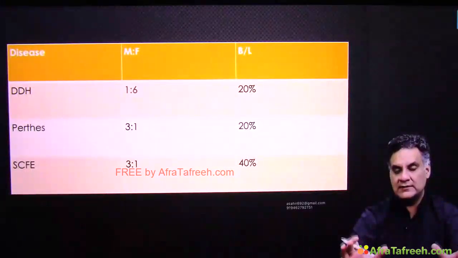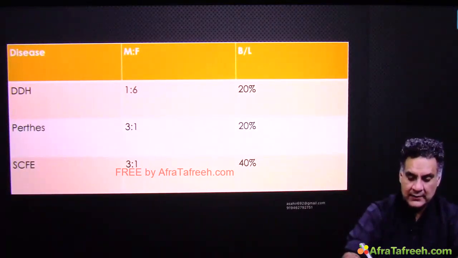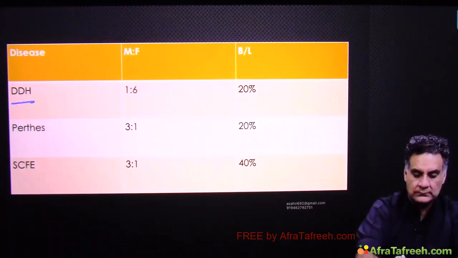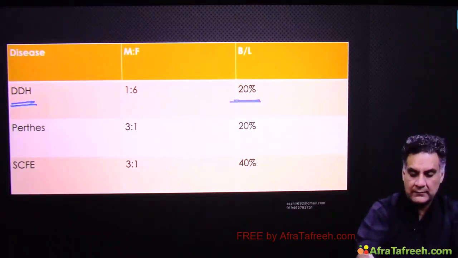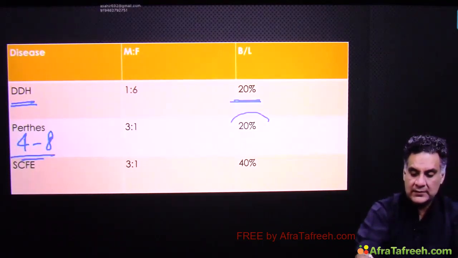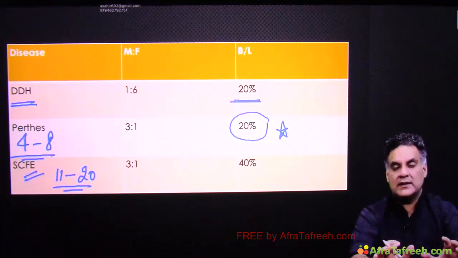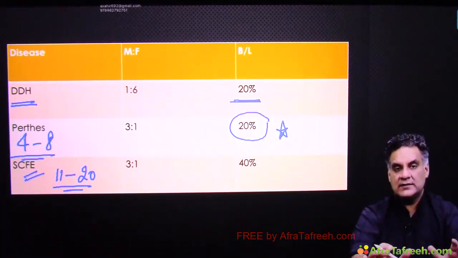If I look at the diseases around the hip joint, you see DDH right at birth. 20% bilateral. Perthes, age group 4 to 8 years. 20% bilateral, very commonly asked. Slipped capital femoral epiphysis, 11 to 20 years. So there are 3 diseases in the second decade of life: